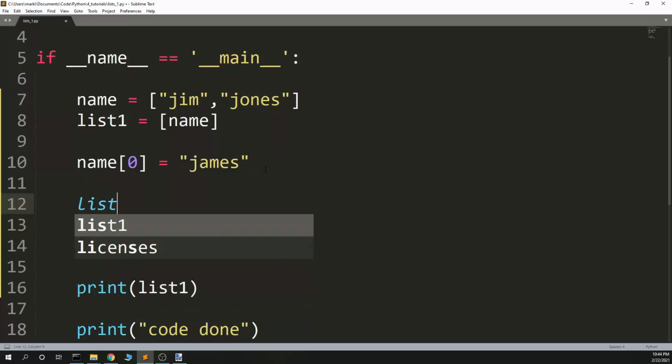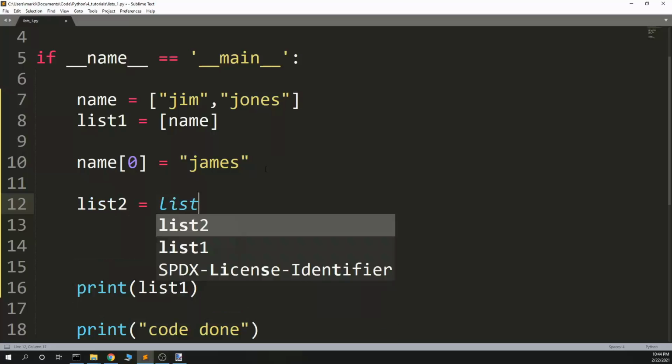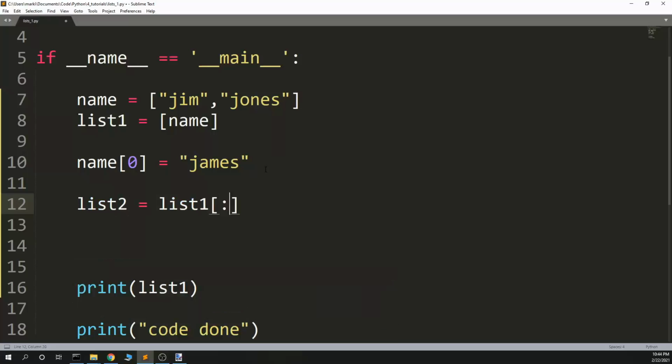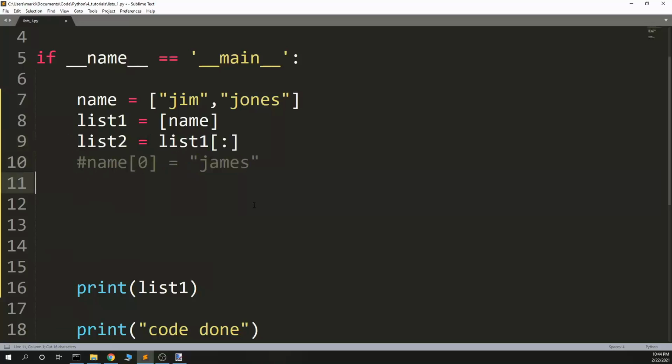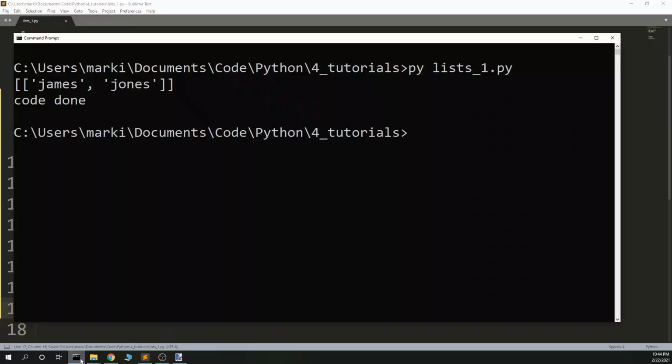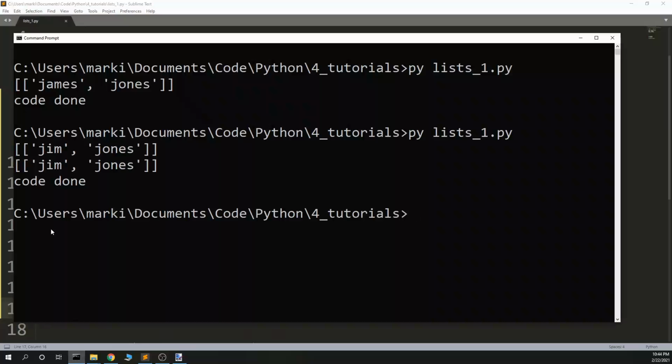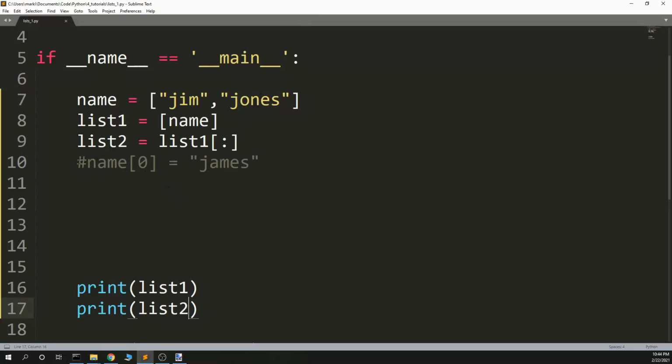Now let's make another list. So list 2 equals list 1, and we'll take a slice of it. And so if we don't change anything, both of these are going to be Jim Jones. Jim Jones, Jim Jones. So what do you think happens